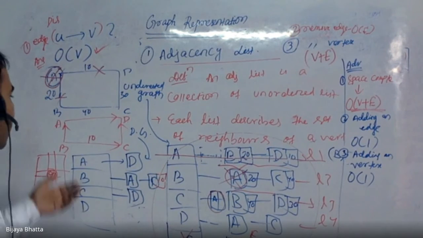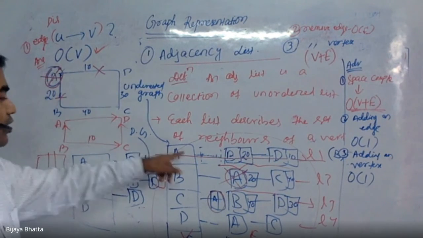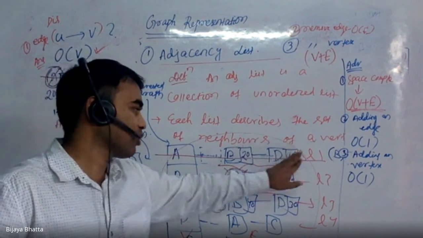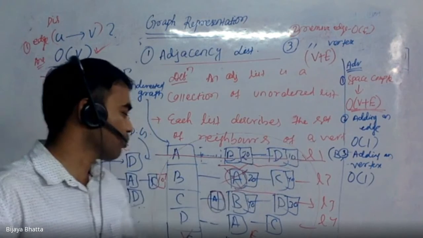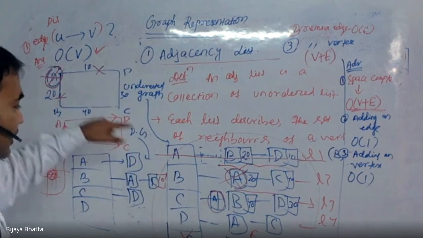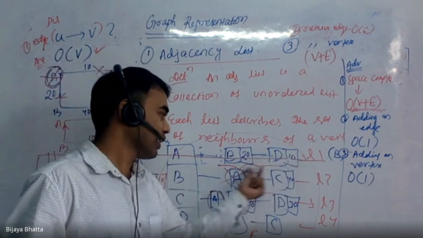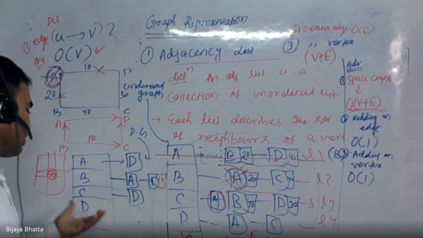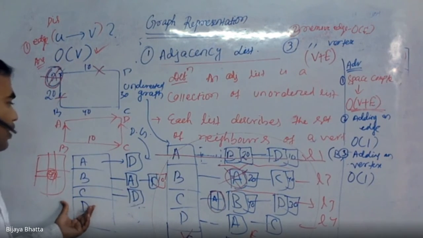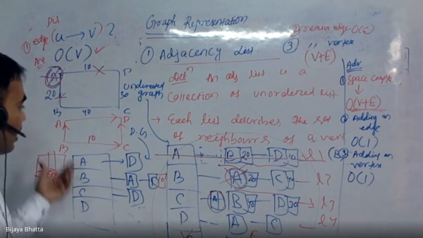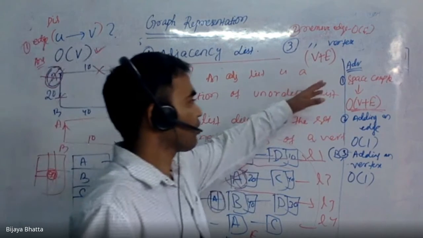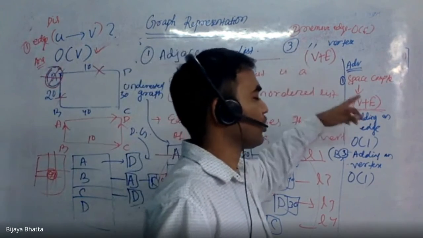The second thing we have discussed is how we can represent an undirected graph. For a basic undirected graph, you don't need the weight, you can directly put it. If you need a weighted undirected graph, then you can put the weight in this linked list, so then it is going to be weighted. The same way works for a directed graph, and you can also represent a directed weighted graph.